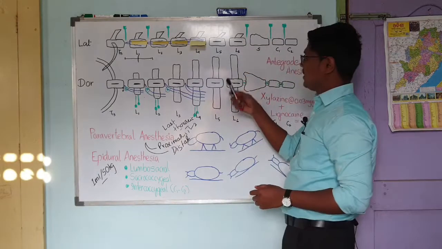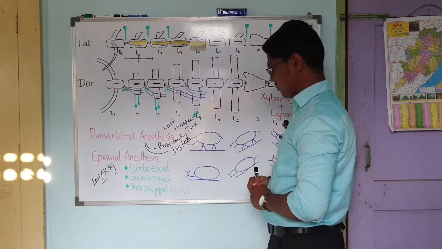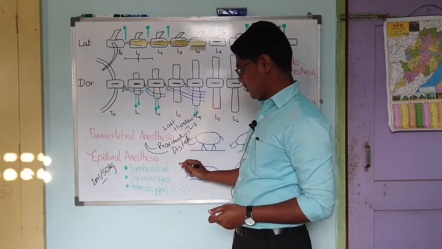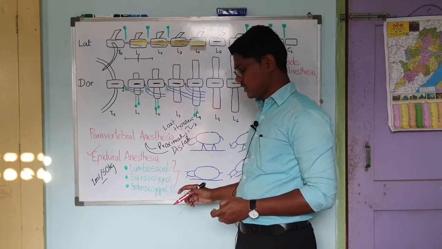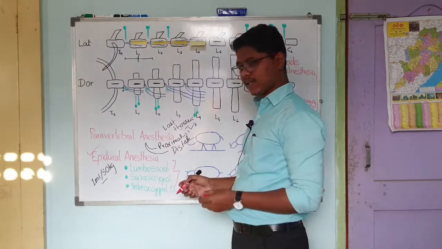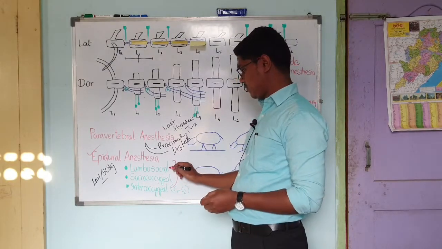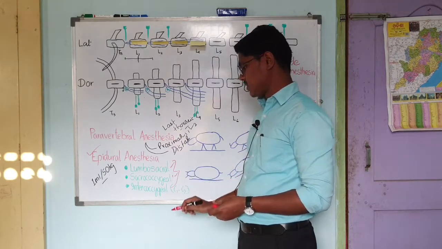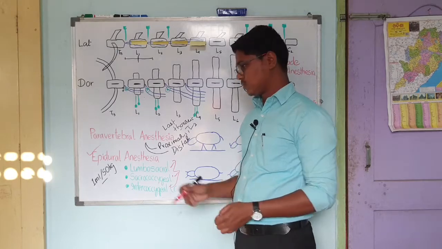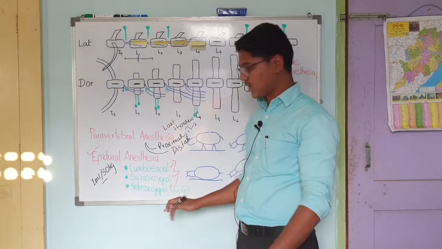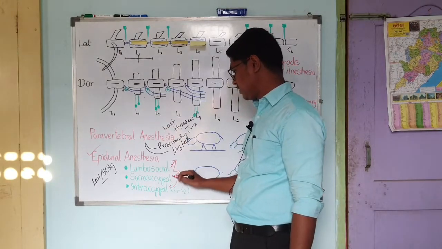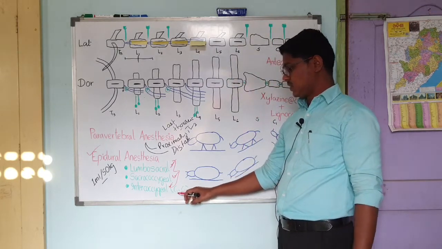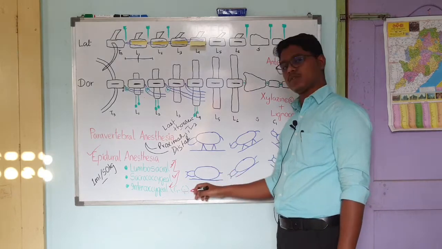Next, after paravertebral anesthesia, we will go for epidural anesthesia. There are three types of epidural anesthesia. In books you will find cranial anesthesia and caudal anesthesia. Some books refer to lumbosacral as cranial and the other two as caudal. Some refer to sacrococcygeal as cranial and intercoccygeal as caudal. So do not get confused with cranial and caudal. Simply remember lumbosacral, sacrococcygeal and intercoccygeal. Intercoccygeal is between C1 and C2. Here C1 and C2 are not cervical vertebrae but coccygeal vertebrae.